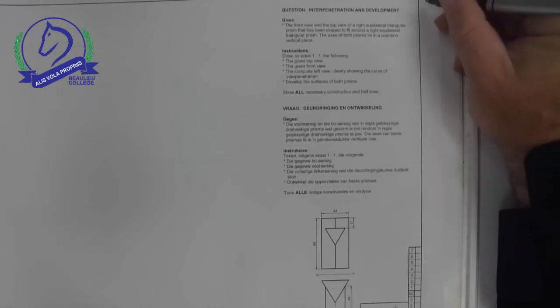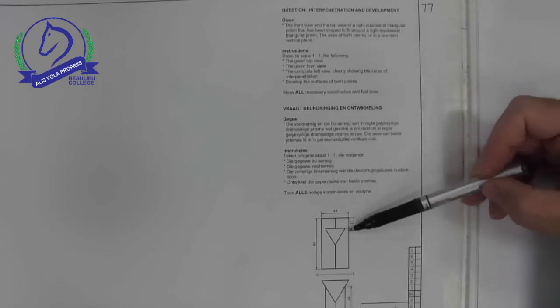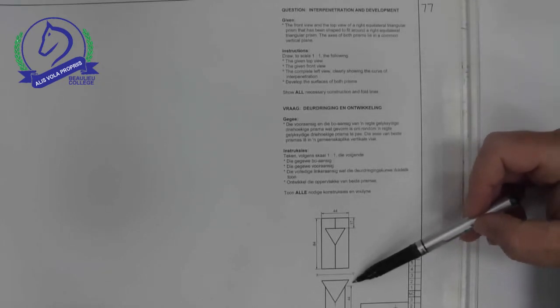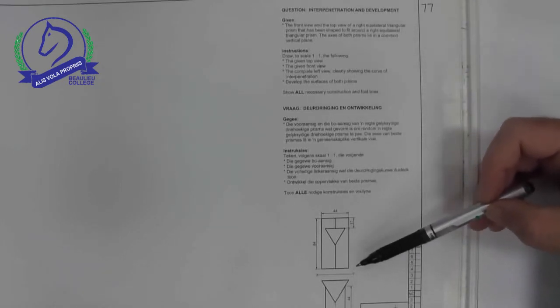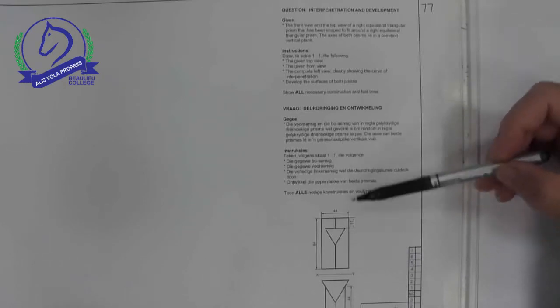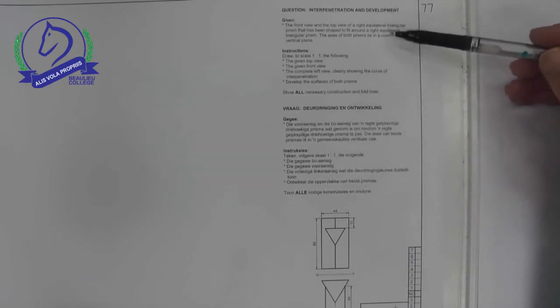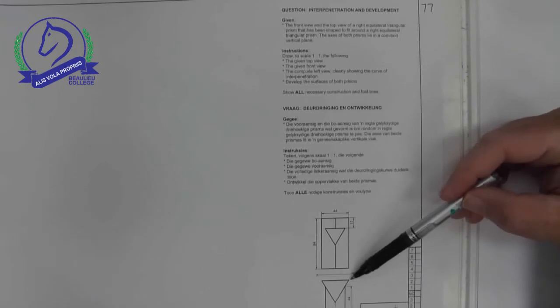This is the first drawing of the curve of interpenetration, and this can be found on page 77 in your workbooks. So let's just read through the given information there. It says that the front and top view are shown. This is first angle orthographic projection. You've got an equilateral triangle